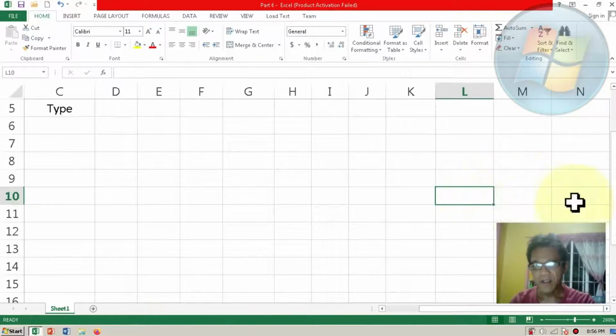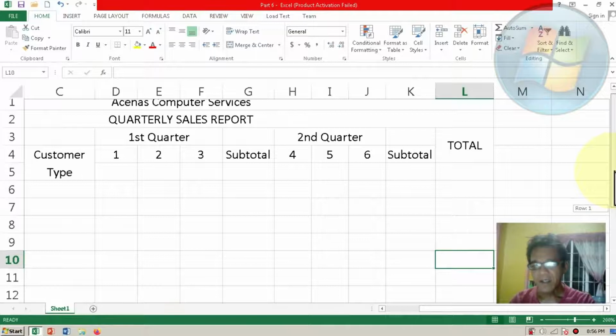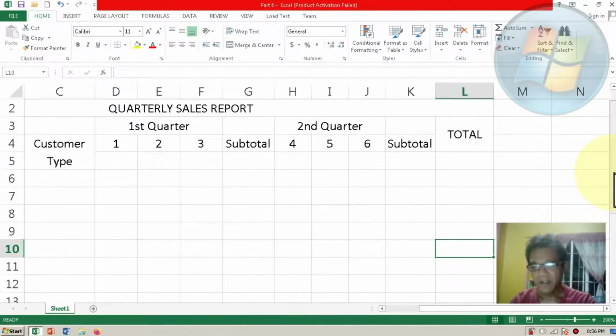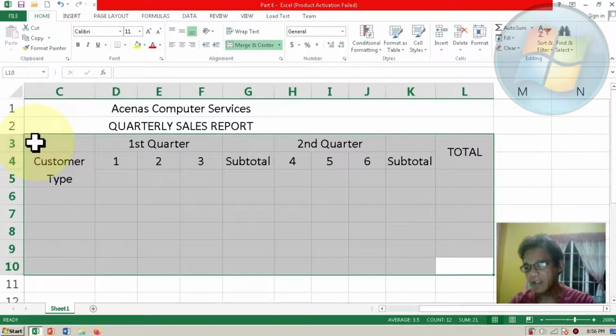So starting from L10 and then to column L. So press the shift button and then